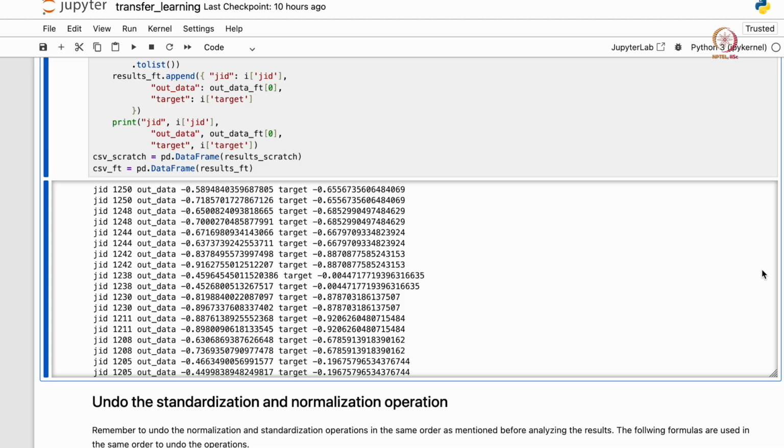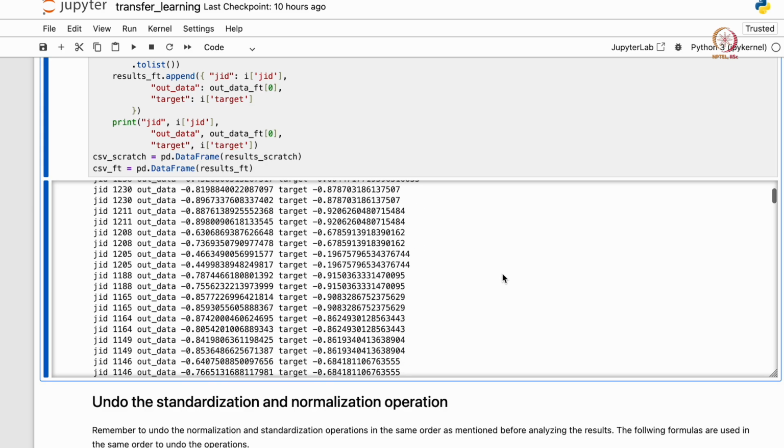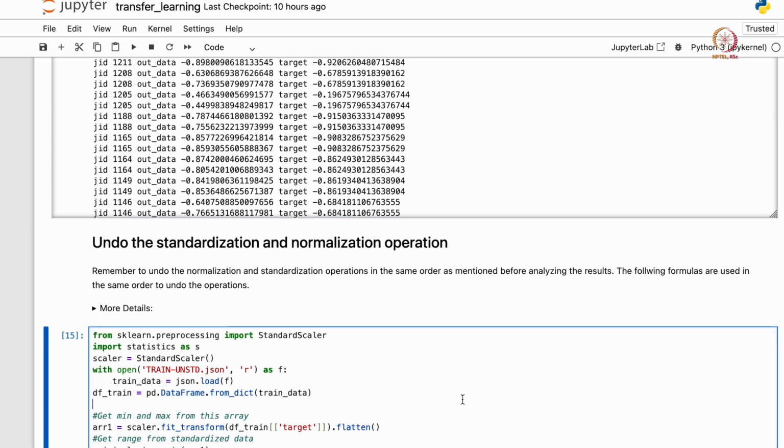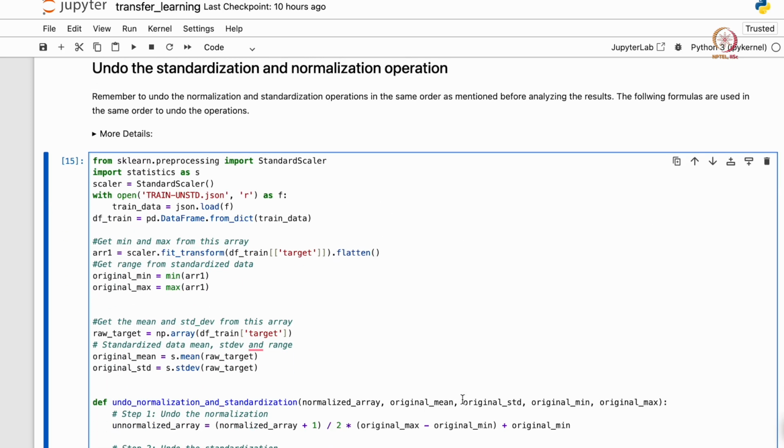So it's easier to visualize these raw numbers. Let's first undo the standardization and normalization that we have seen before, because our data set is in a different scale now. If you want to know the actual values, we need to undo the standardization and normalization. This block of code will just undo that operation.